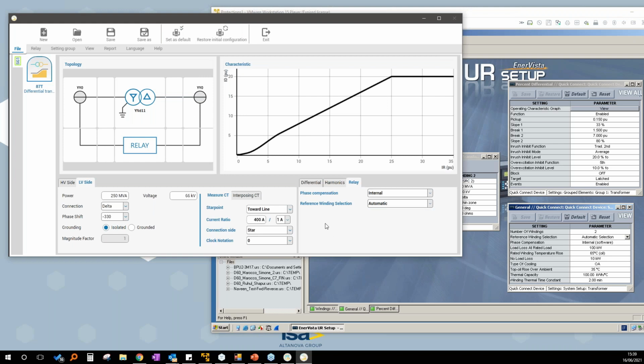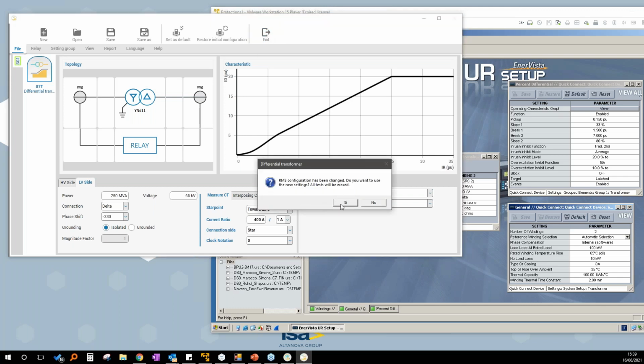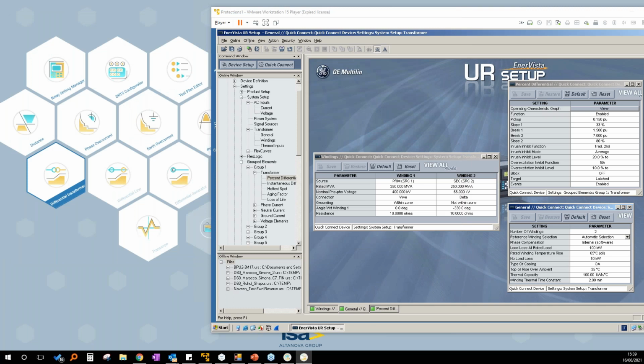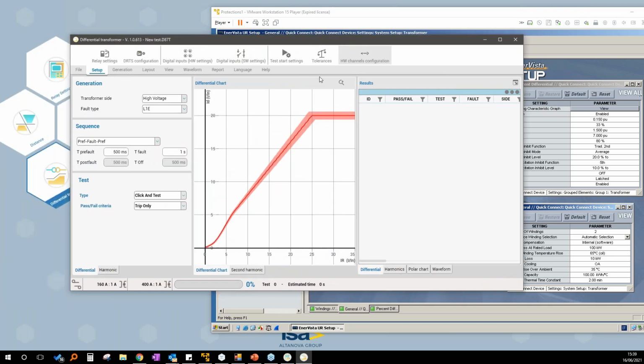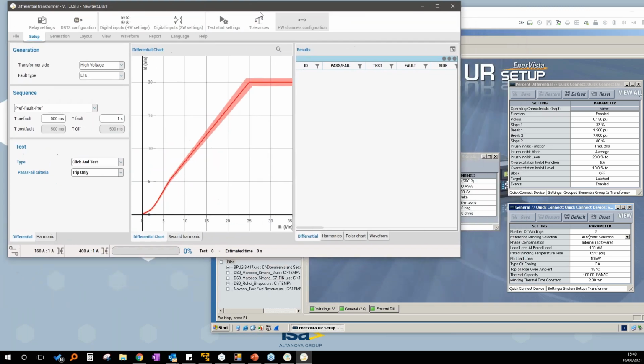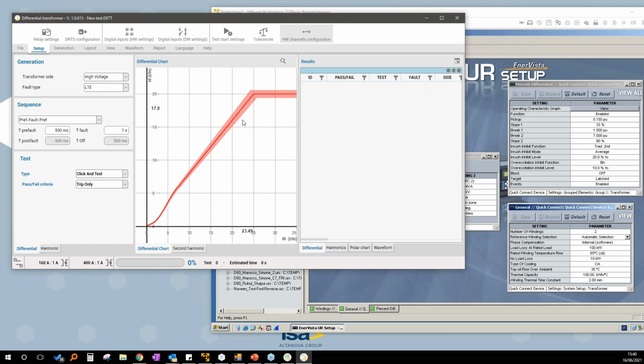Okay, very well. Now, if I press exit, these settings will be sent to the differential module, and now I have the characteristic here with the proper shape.